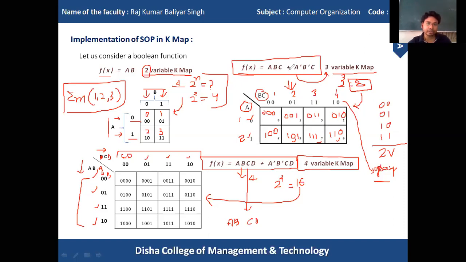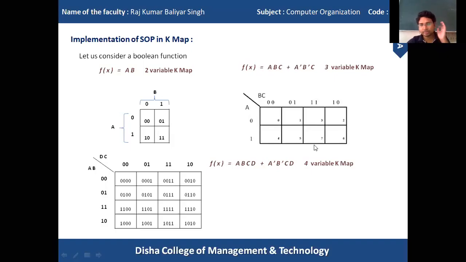Suppose we have a Boolean expression like ABC plus A-not B-not C. Then we have to implement this complete Boolean function in the K-map, and then we'll get the result. We'll discuss later on. We are discussing some rules and representations. Hope you can understand these representations. If you have any doubt, kindly text me on my WhatsApp number.